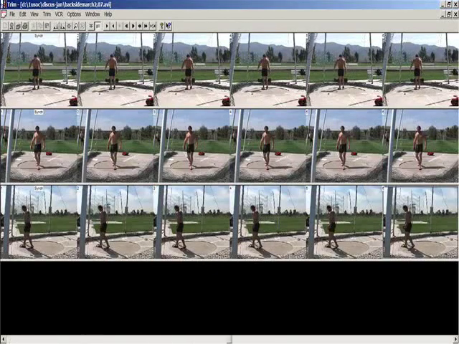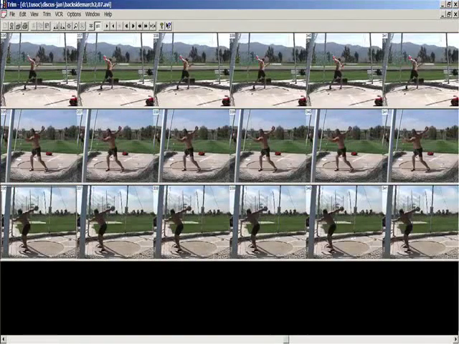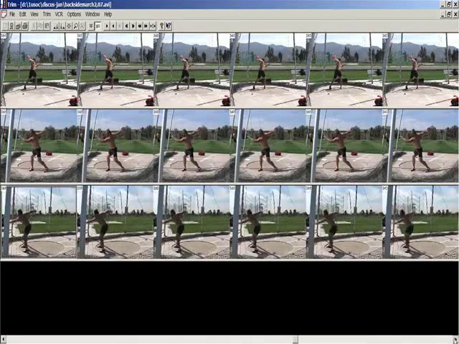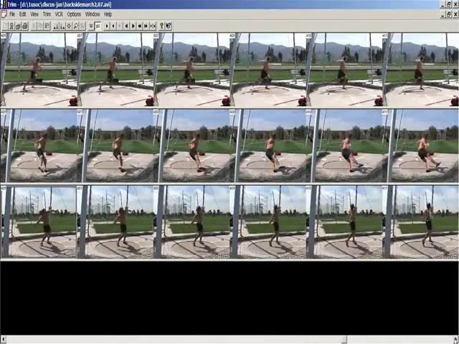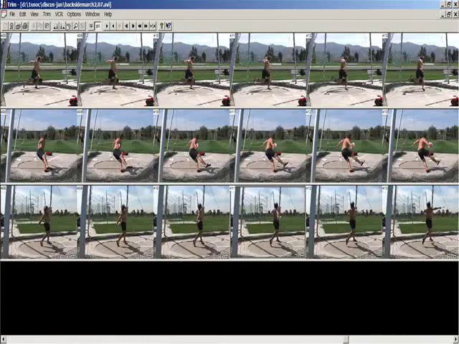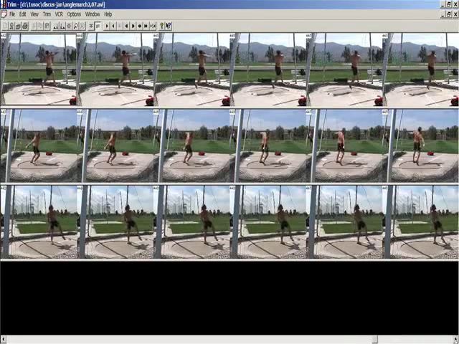So I'll go now to the frame where he's released the discus, and we can go a frame at a time here. We'll decide that in this sequence, here is the synchronization point. Push on the synchronize signal here. We continue to go forward, and we find that he released the discus right here. We synchronize that, and we'll go to the third sequence,